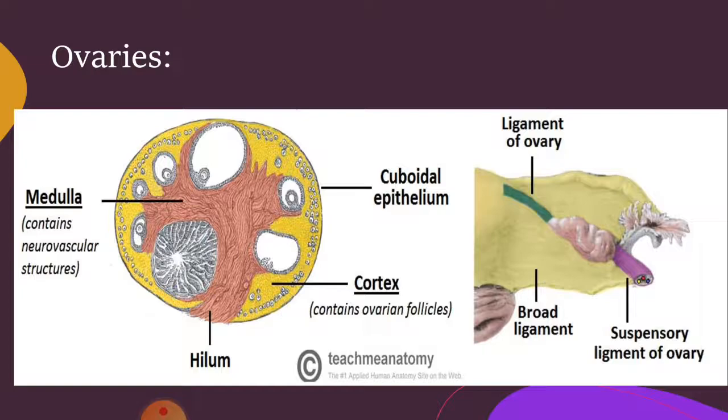and each is attached to the upper part of the uterus by the ovarian ligament, and to the back of the broad ligament by a broad band of tissue, that is the mesovarium. Mesovarium is very important because this is the part of the broad ligament that is associated with the ovaries, and it will project from the posterior surface of the broad ligament, and this basically encloses the neurovascular supply, and through this the blood supply will be coming to the ovaries.